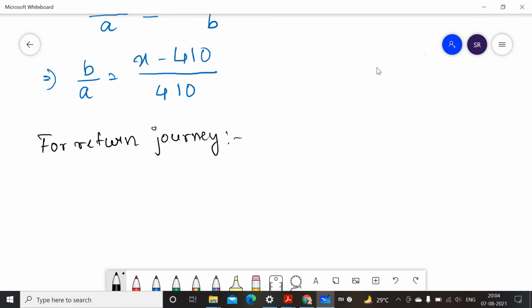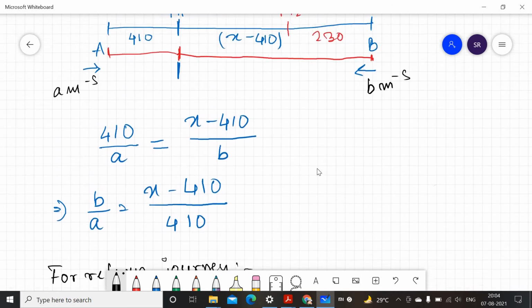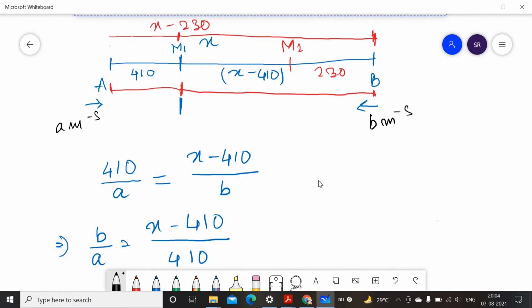Now, what is the total distance that A has traveled? A has started from here. First it has met B here, but we won't take that into account, right? When we equate things, we don't take the combined distance or combined speed. So we have no business where they meet or what they do. We will just try to find out the individual time of both persons, right?